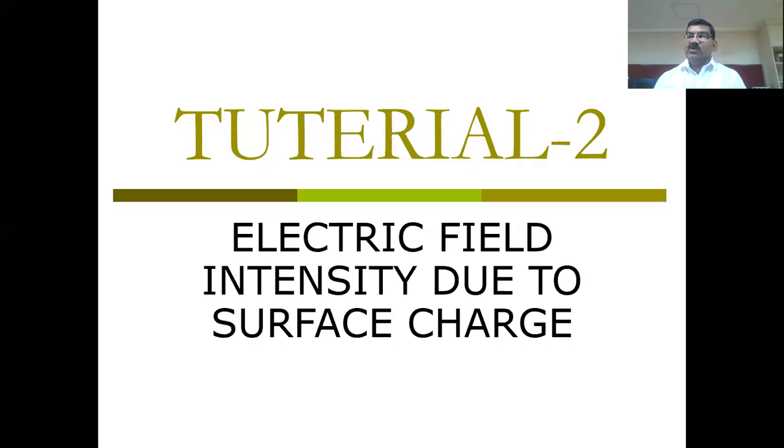The formula we know, the surface charge is denoted by rho s. So E equals rho s upon 2 epsilon, and the unit is volt per meter. But in this tutorial, the surface charge is included, line charge is there, the point charge is also there. So the problems are twisted in a different way. Here I'll just give you the hint on what way it can be solved. You just solve it and then we will go ahead.